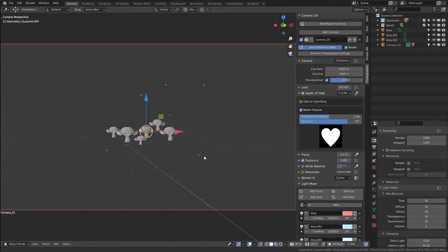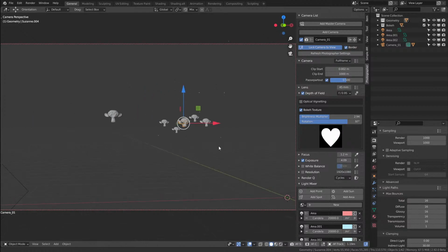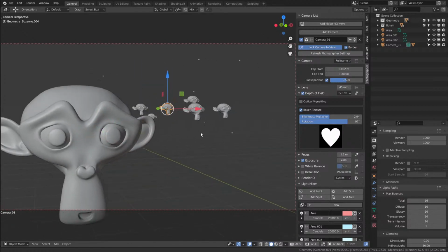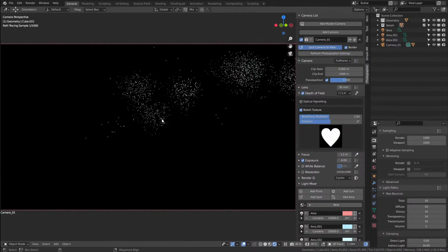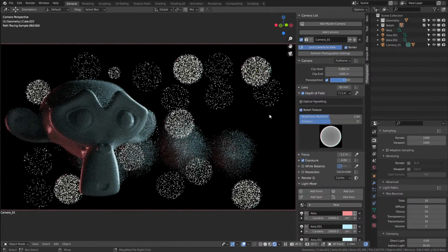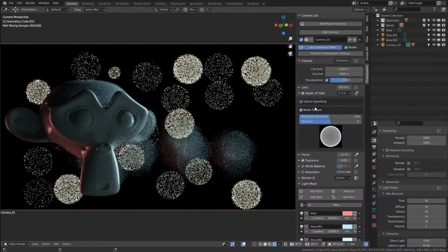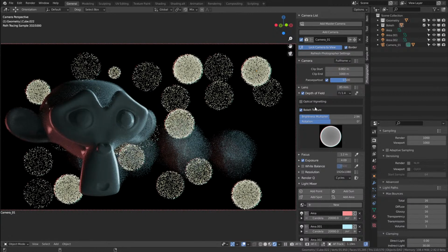Let me go back to something, because we're going to talk about, oh, I might go undo, yep. So let's talk about the optical vignetting. So optical vignetting is